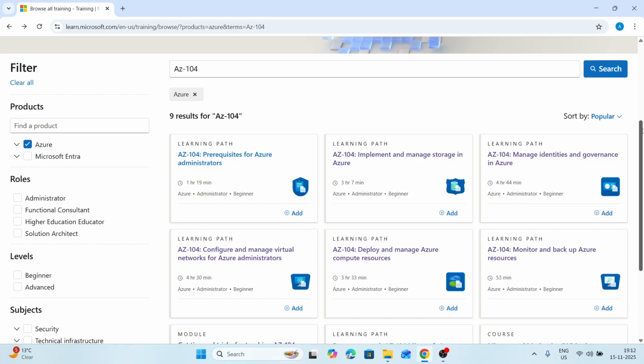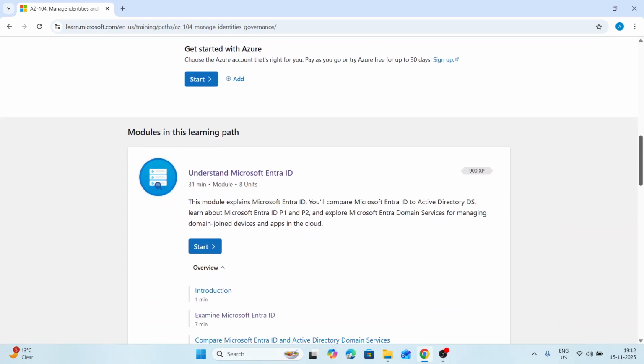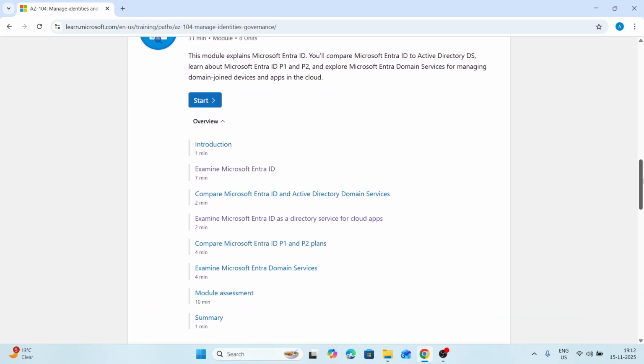So currently I am covering the AZ-104 series and I had covered configure and manage virtual network for Azure Administrator part. And from today I will start the manage identities and governance in Azure part. And first of all, I will start the first module, that is understand Microsoft Entra ID, and it's a theory